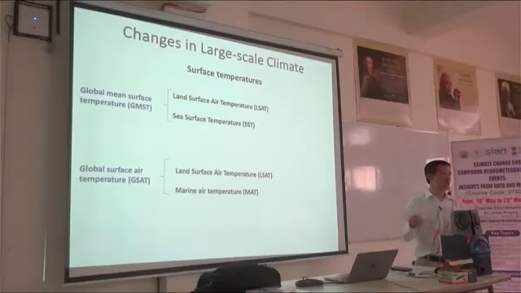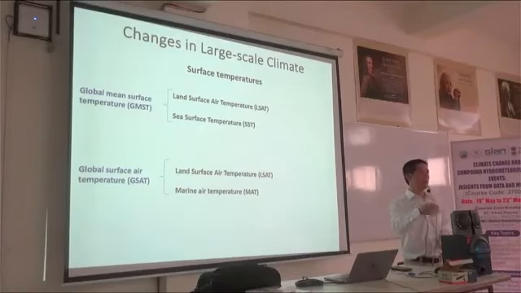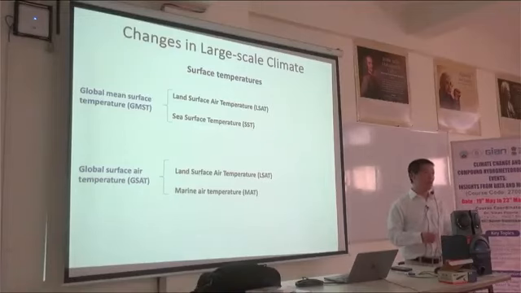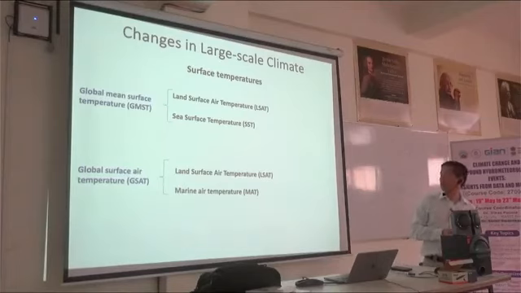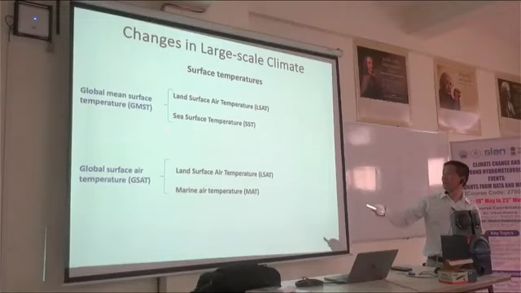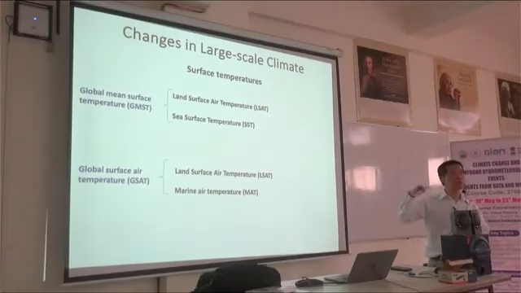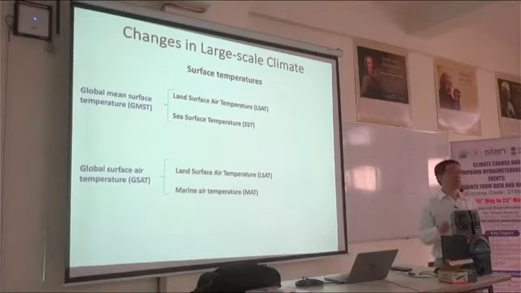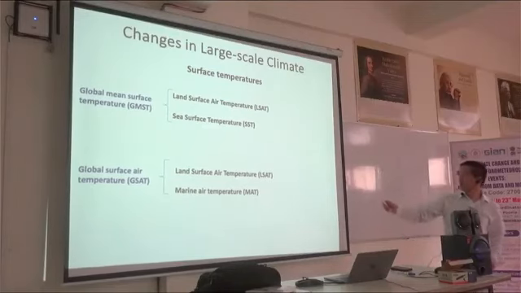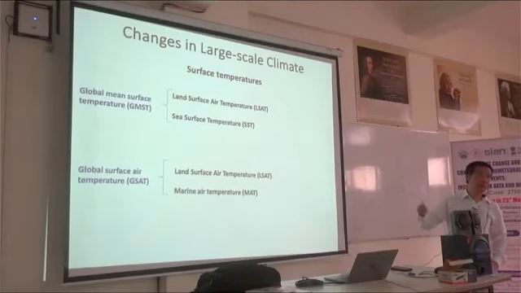Like if you go to a desert, the air temperature may be like 40 degrees, but if your bare hand touches the sand, that's 70, 80 degrees. So there's actually a huge difference between air temperature and surface temperature. But for the ocean, the difference is not that big, but there's still a difference there. That's why we have 2 types of data sets. When we talk about global temperature change, some people use surface temperature, some use global surface air temperature. But when you look at, again, the anomaly,